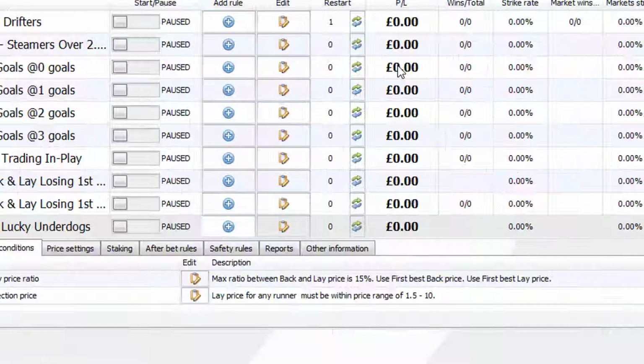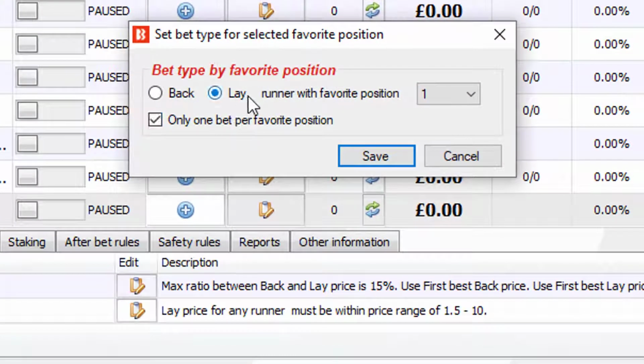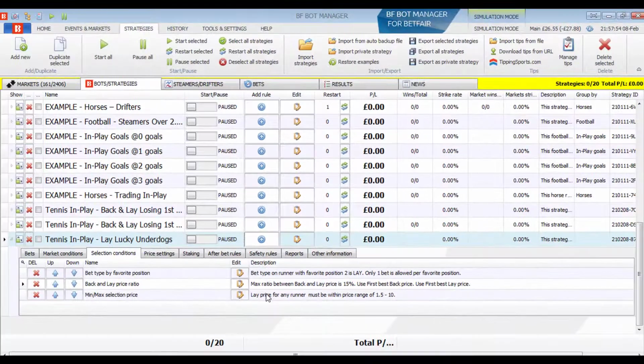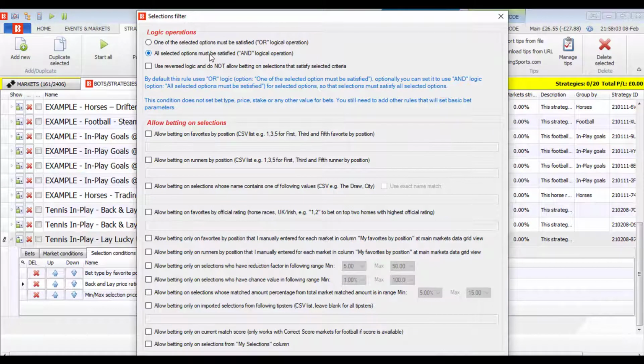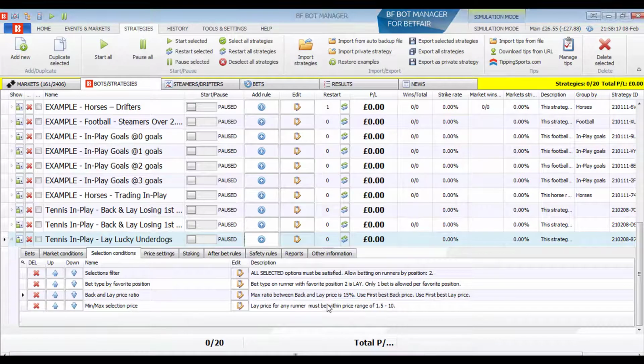Bet type by favorite position. And here we want to set it to lay the favorite in position 2. And here we want only one bet per favorite position. Then we also need to add the selections filter. All selection options must be satisfied. Allow betting on runners in position 2 due to our bet when score rule settings. Click Save. Next, edit the min-max selection price if needed, and edit the back and lay price ratio if needed,